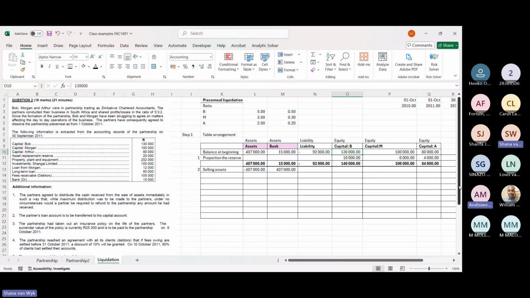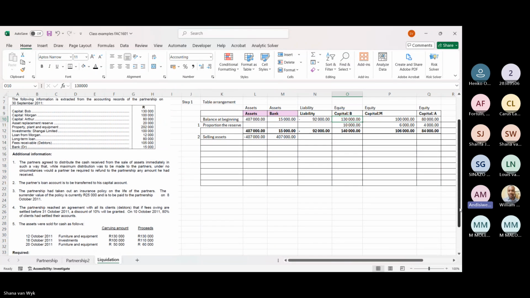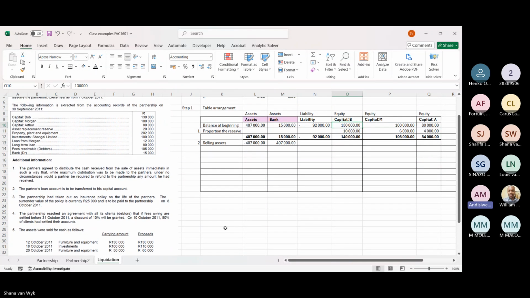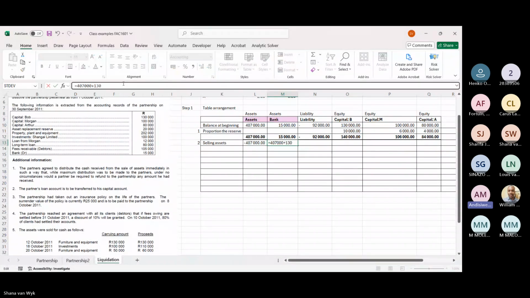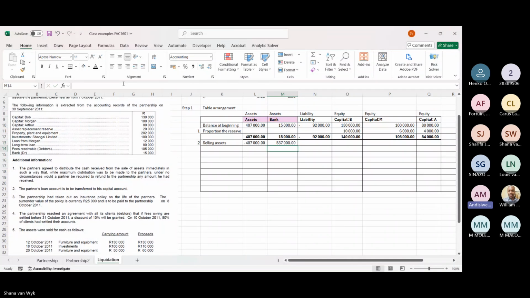Number 5, the adjustment, it says that furniture and equipment was sold at a carrying amount of 130, and then the proceeds, which is the amount of money received from the sale of the assets, was 132. Okay, I see. 130,000. I forgot about question 5. Okay, so we sold the assets, we received it from the bank, and now